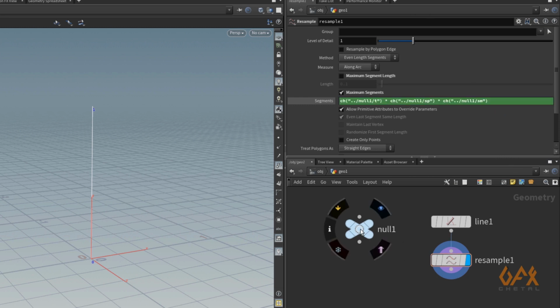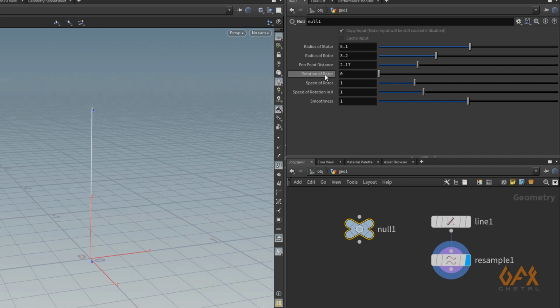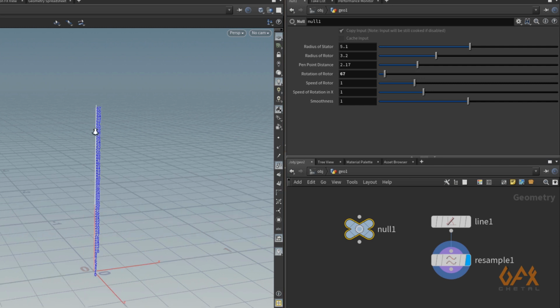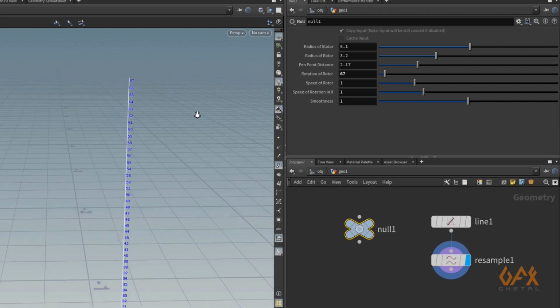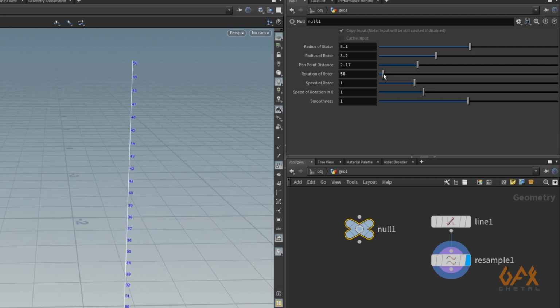Now if I click over here and increase the rotation of rotor, maybe if I set it to 20, you can see I get 20 segments because my speed of rotor is 1. If I set it to 2, it definitely increases the point value or segment value. I set it to 1.